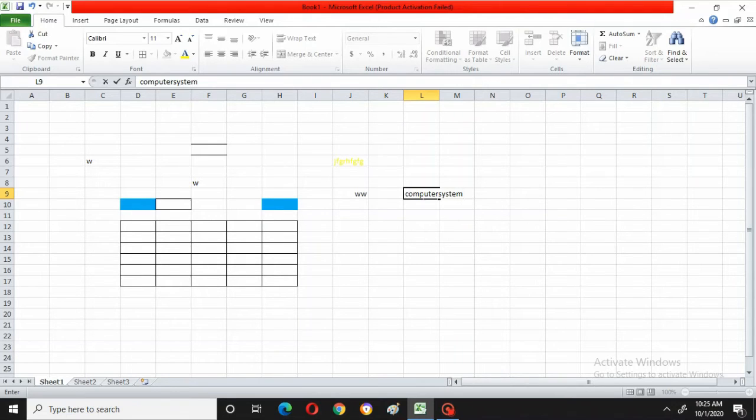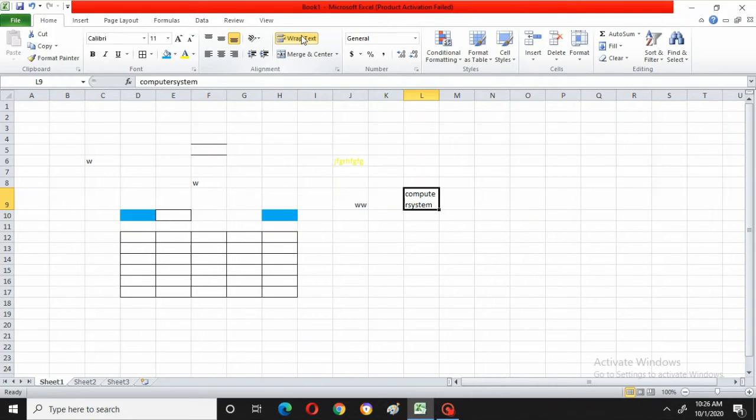So then how should that total word come in one cell? For that you have to go to wrap text. First select that particular cell, go to wrap text. What happened? The total word has wrapped into one cell, right? So this is how you will be wrapping the text. Okay.